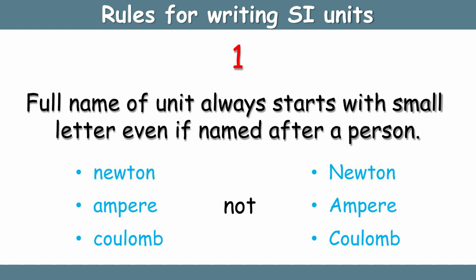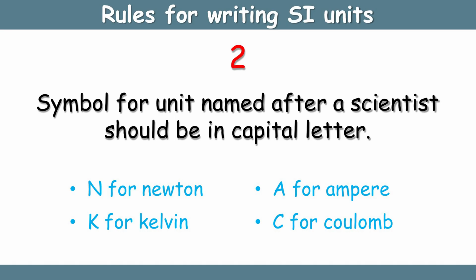named after a person. Next one, symbols for units named after a scientist should be in capital letters, like Newton, Gauss and Coulomb. So, for these only the symbol is a capital letter. The third one is symbols for other units are written in small letters, meaning meter for m, second for s, kilogram for kg, candela, these are the other units, meaning for the meter